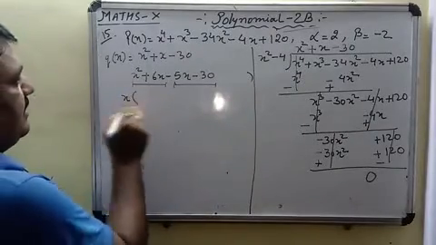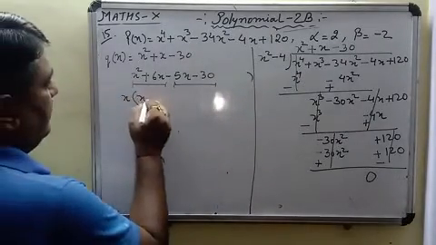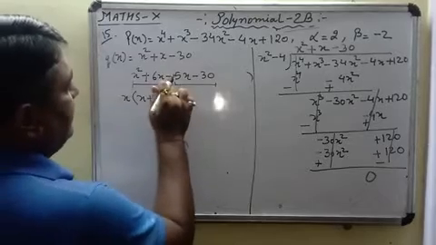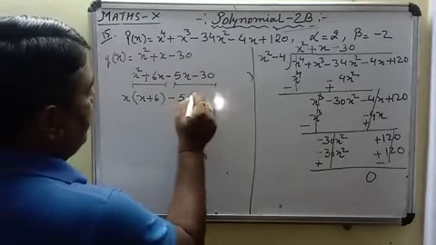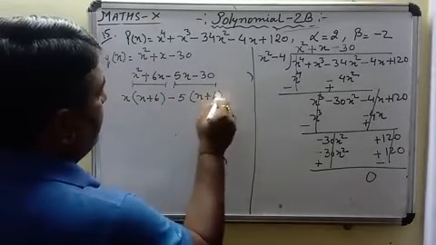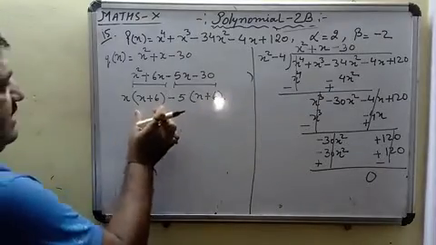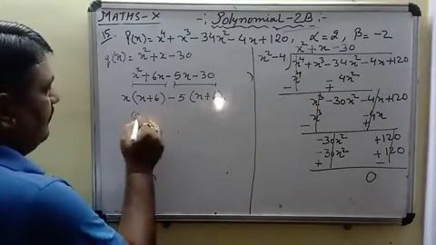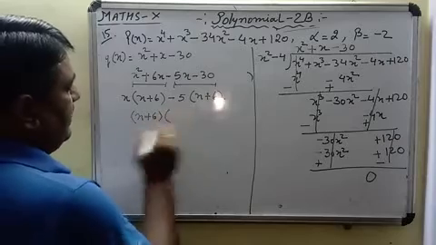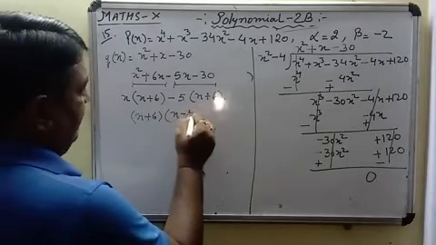यहाँ से फर्स्ट पेयर में हमारे पास x कॉमन है तो this will become x plus 6 और सेकेंड पेयर में minus 5 कॉमन है. Again it will become x plus 6. So we are having x plus 6 as common. Then other bracket will be having x minus 5.